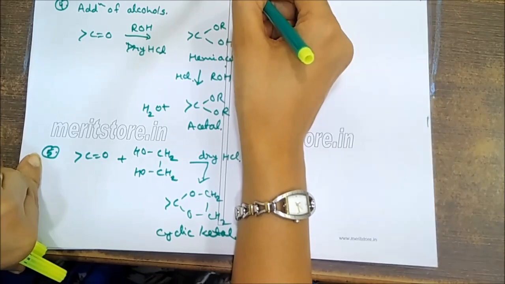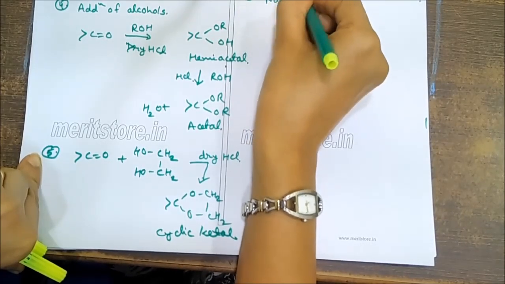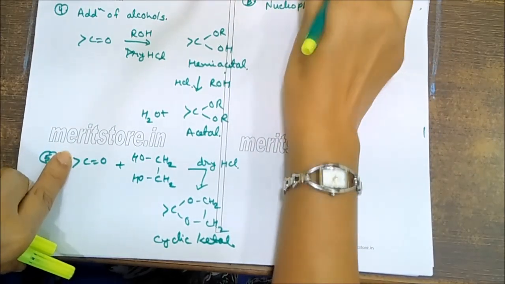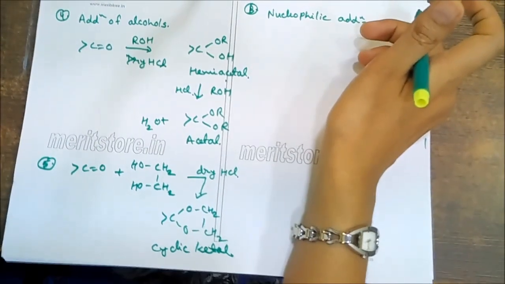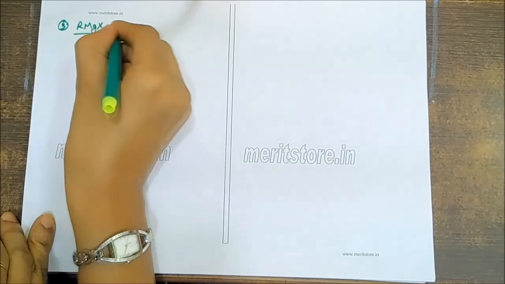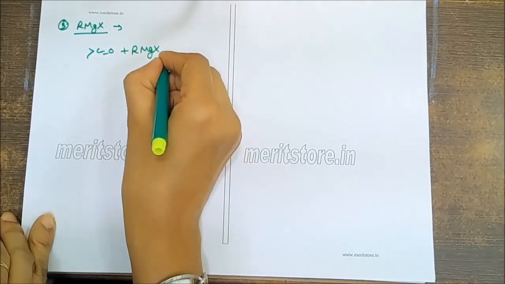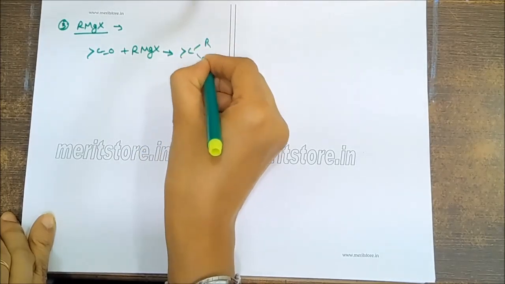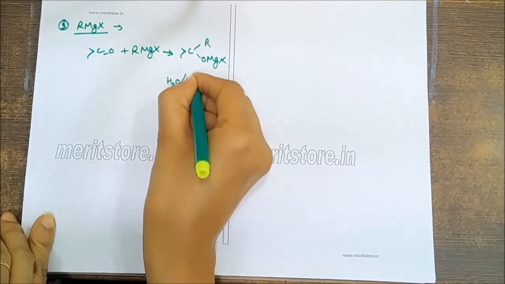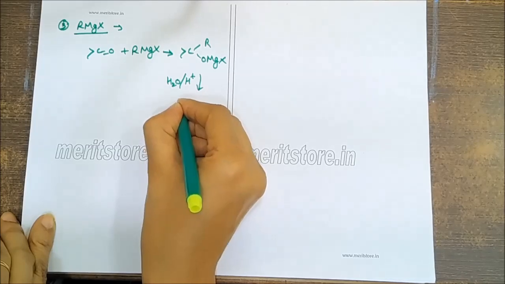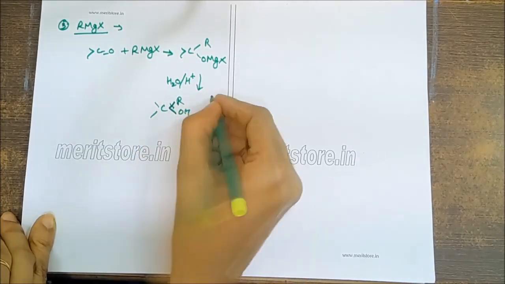First we studied addition of nucleophile. Now second we will study nucleophilic addition elimination reaction. Nucleophilic addition: RMgX, this is Grignard reagent, and it will react with carbonyl group like this. Attack of nucleophile first, and this product on hydrolysis will give alcohol. And the byproduct is